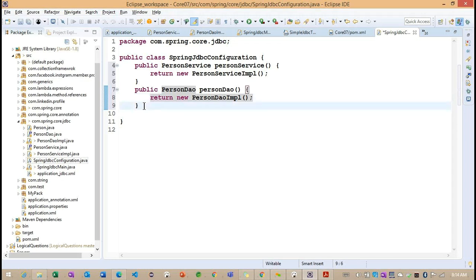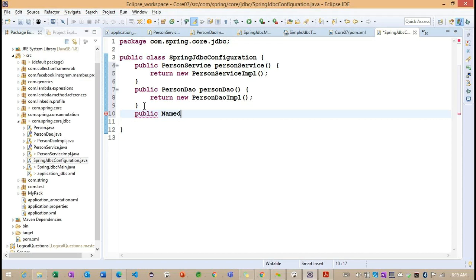But internally, PersonDAO is expecting a NamedParameterJdbcTemplate, and the NamedParameterJdbcTemplate is internally expecting a data source. Getting the point. Okay, observe.